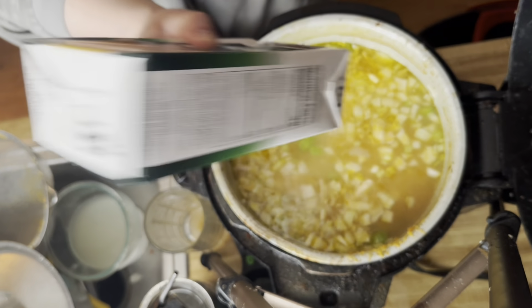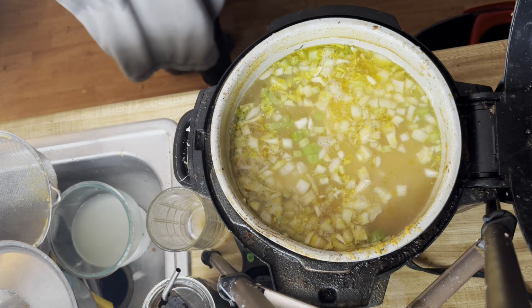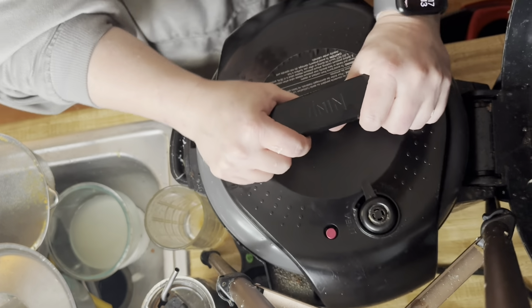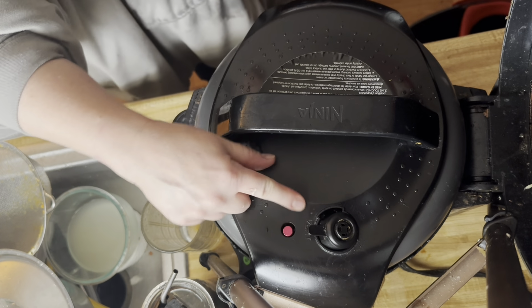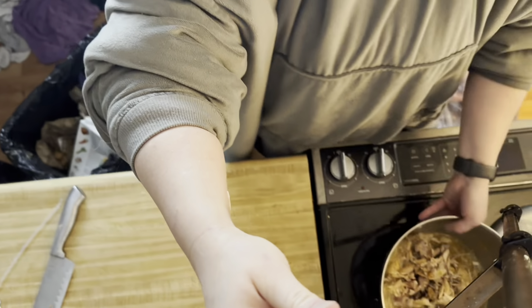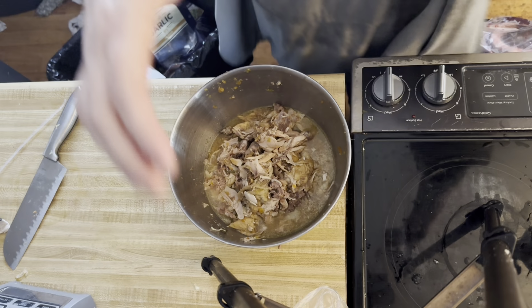So I'm gonna let this come to a boil and get this nice and cooked. I am gonna put the lid on it with the setting off to the open valve so the steam can come out. And I'm gonna throw my bones away in a safe place because the dog can't get it. And then